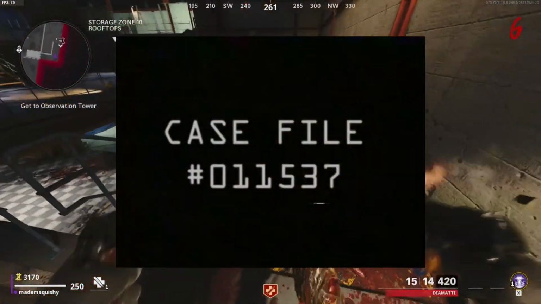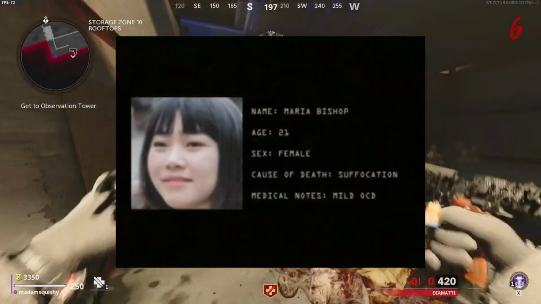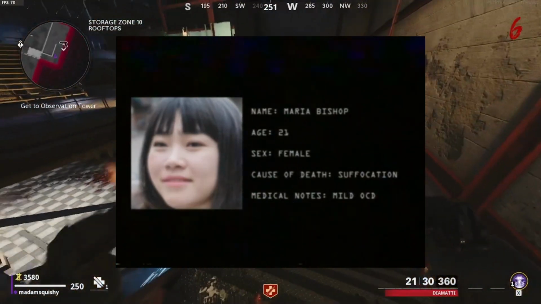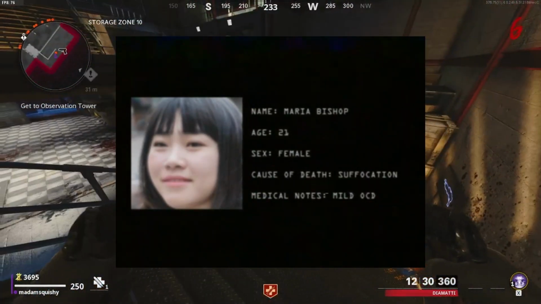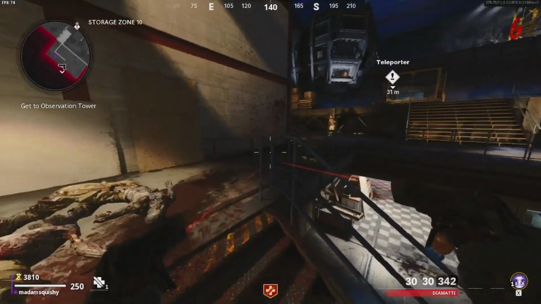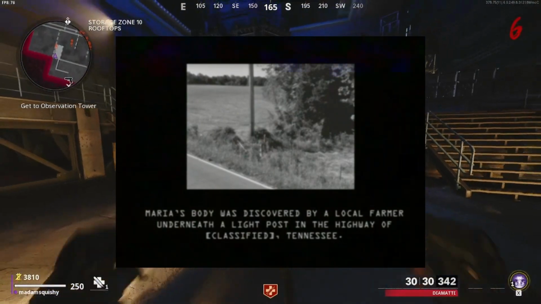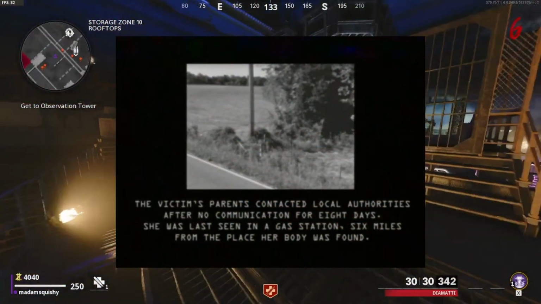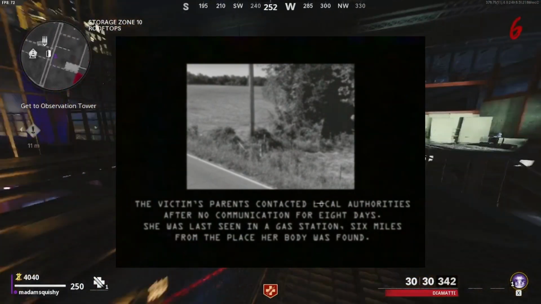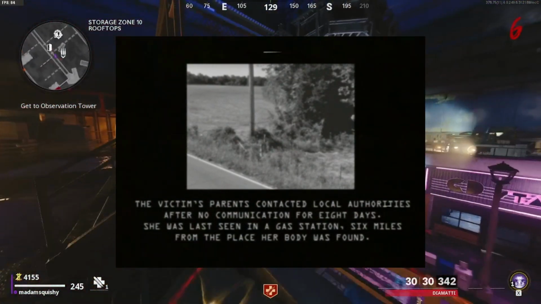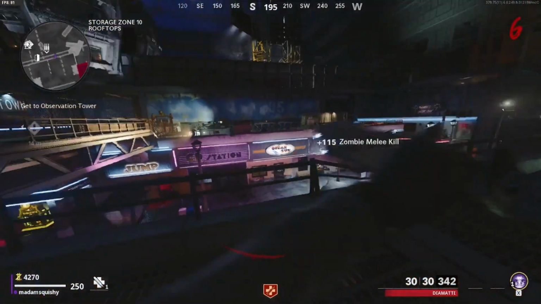We then move on to the next case file, which is of Maria Bishop, who was a 21-year-old female. It states her cause of death was strangulation, and she also had mild OCD. We learn that her body was found by a local farmer underneath a light post on a highway in Tennessee. We also learn that her parents were the ones to notify authorities after having no contact for 8 days. She was last seen at a gas station, which was 6 miles away from where her body was discovered,